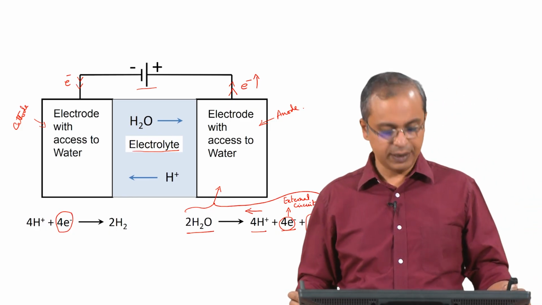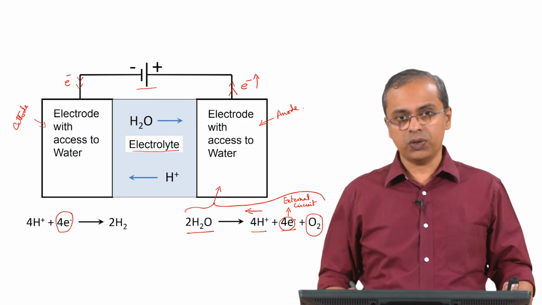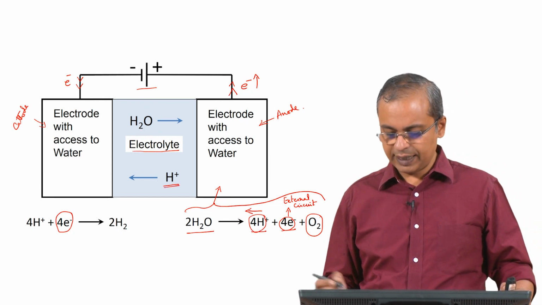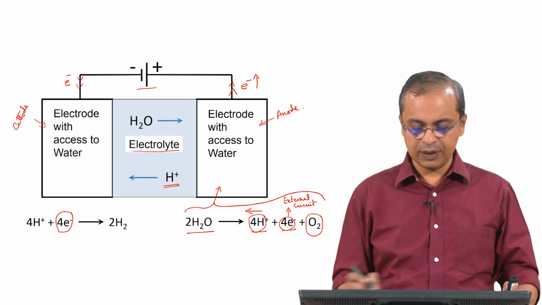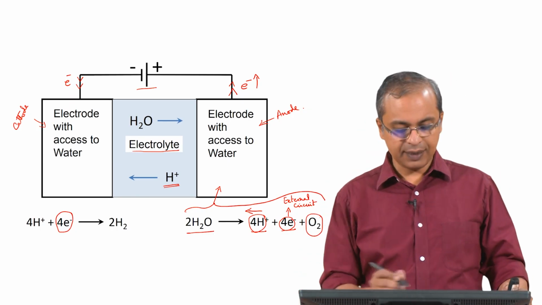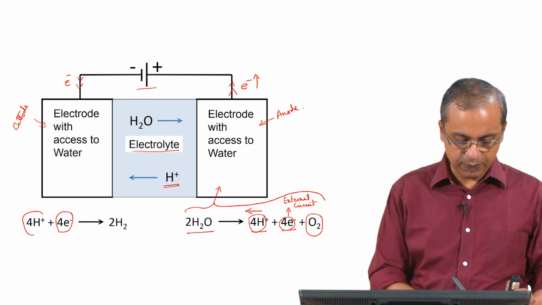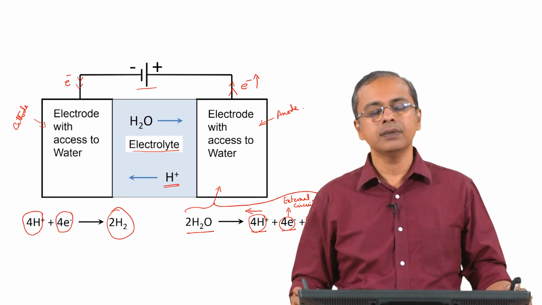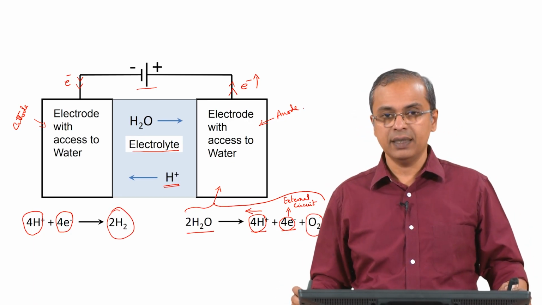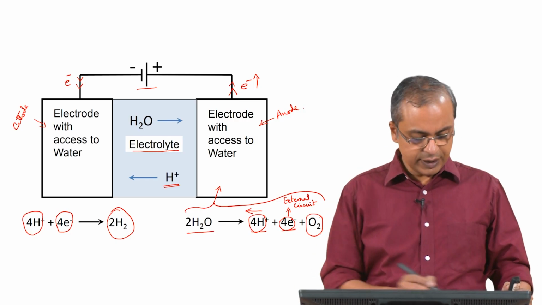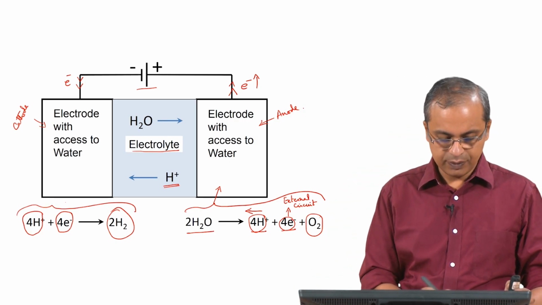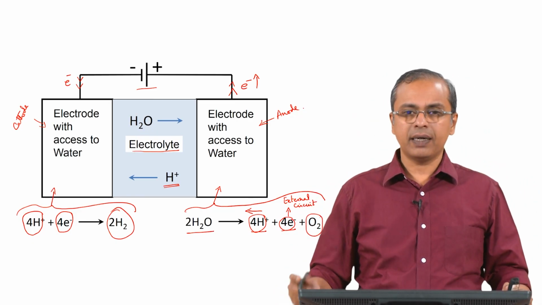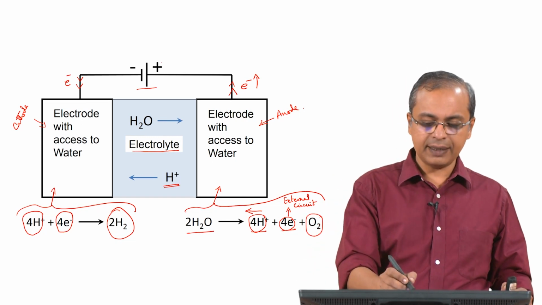So, I have just balanced it out so that it looks the same, and the proton has also got to arrive there. That proton arrives through the electrolyte, which is what I described here. This proton that you generated on the anode side is now being pushed through the electrolyte, and it arrives at the cathode. So, at the cathode, that same 4 H plus will now react with the 4 E minus and generate hydrogen. So, this is what we have as our overall reaction. This reaction is occurring at the cathode, at this electrode. To do this, we are using an external source of energy, which is the battery that is sitting here,